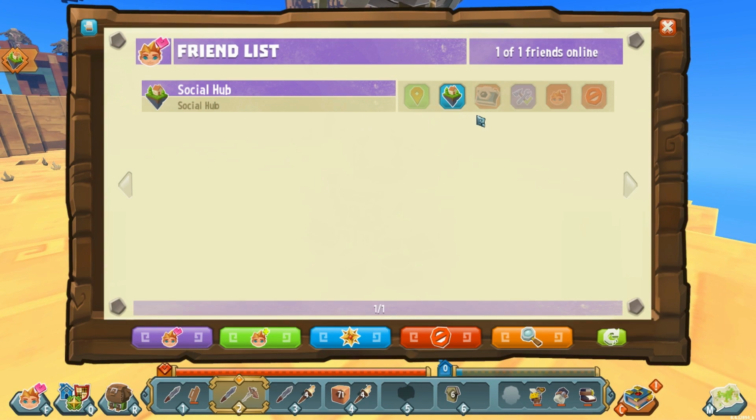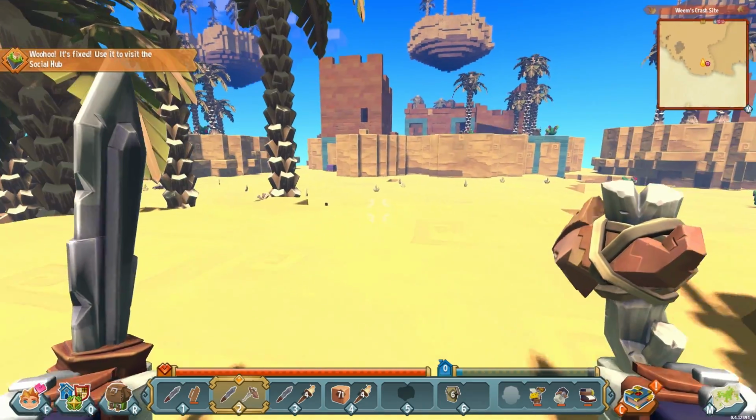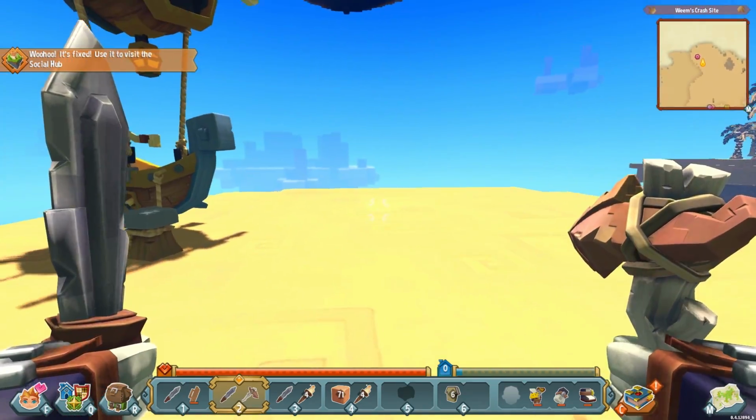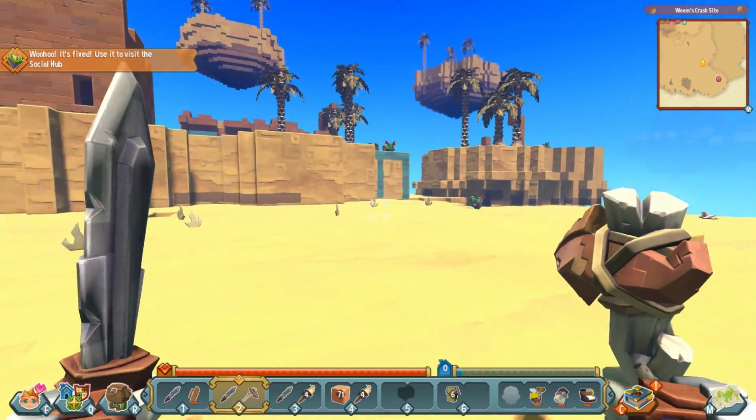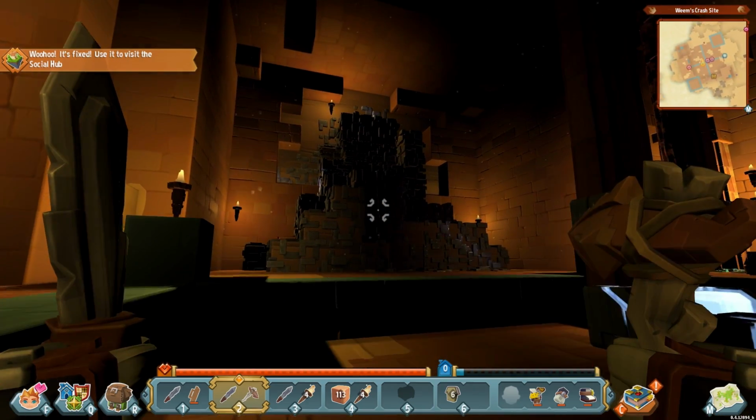So there you go. We have the social hub. We can actually head on over there, which I don't want to do just yet. I think we're going to save that for another episode because I kind of want to continue cleaning things up around here. Okay, I think we've mined what we needed to, and I also mined some of this over here,